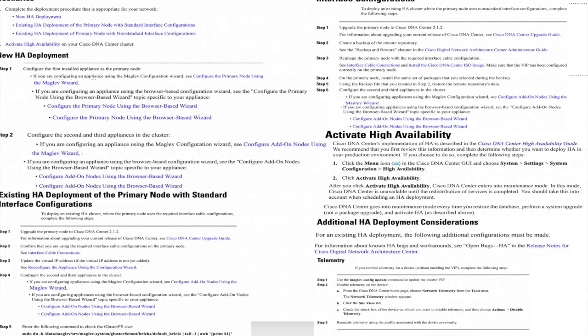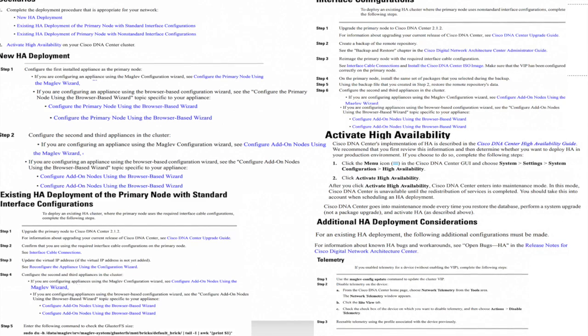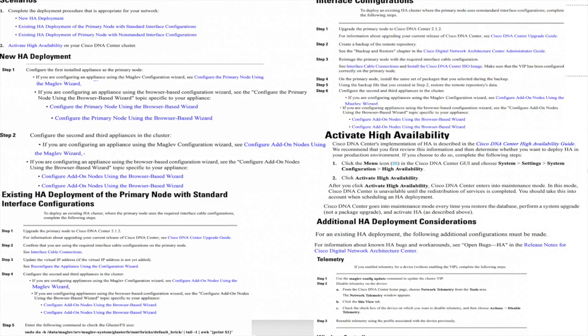How do you do that? More detailed implementation is described in the high availability guide. It is always good to refer to that. Then you follow the below steps: from the menu icon, those three blue lines in the DNA Center GUI, choose System Settings, System Configuration, and pick the High Availability icon from there, and then click Activate High Availability.